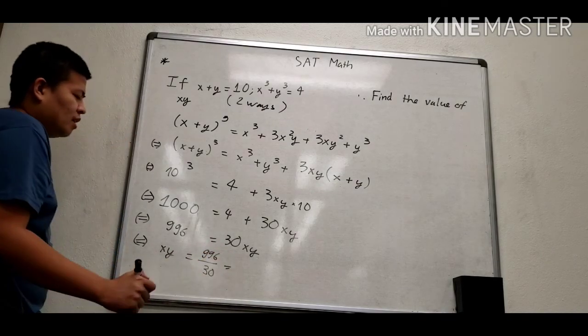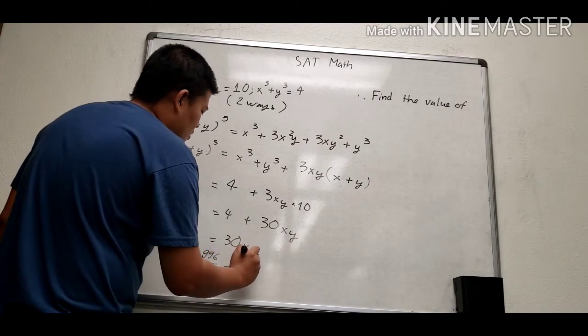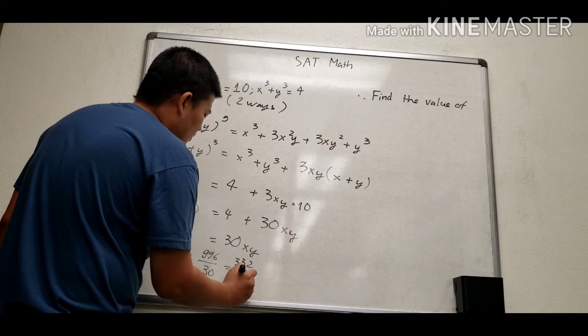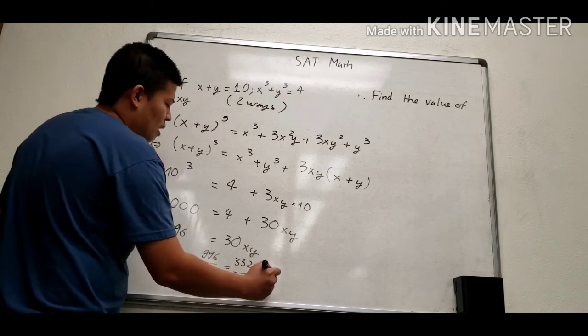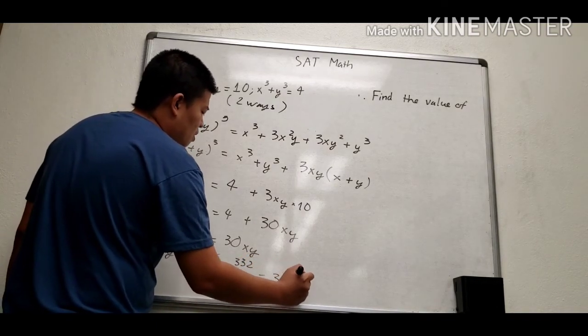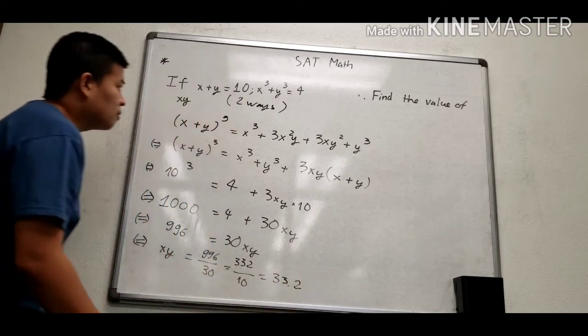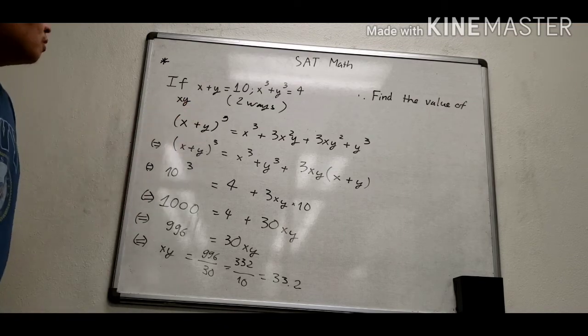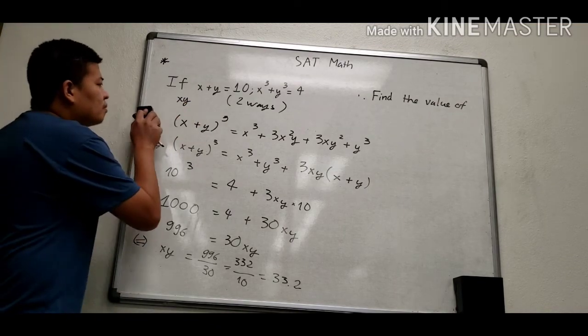We can simplify them, about 332 over 10. So the answer is about 33.2. That is the first way, sorry. The next way,